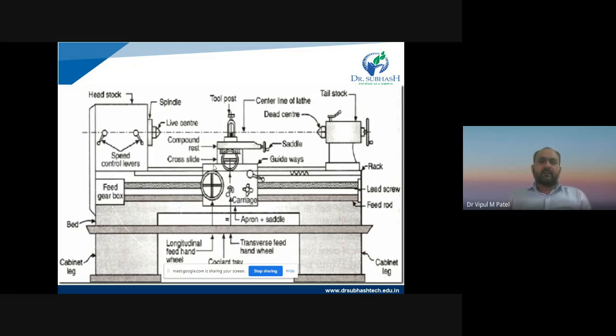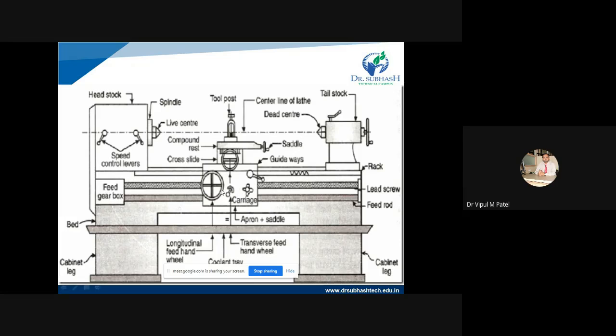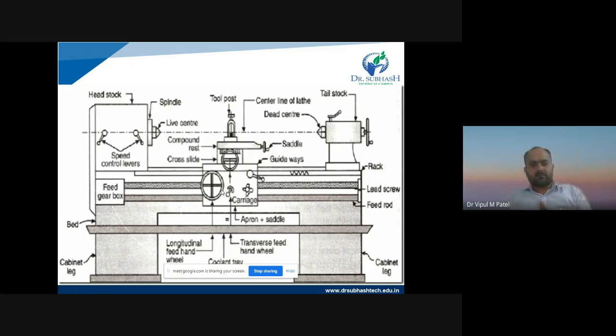If the length of this workpiece is very long, then we can give support with the use of the tailstock. In between the center of the headstock and tailstock, we can easily accommodate the workpiece and rotate it. Then we can give the feed to the single point cutting tool with the use of this feed gearbox. Both the longitudinal as well as transverse feed, with the use of this hand wheel which you can see in the slide, we are using to give the feed of the single point cutting tool. Either we require longitudinal or we require transverse, right?